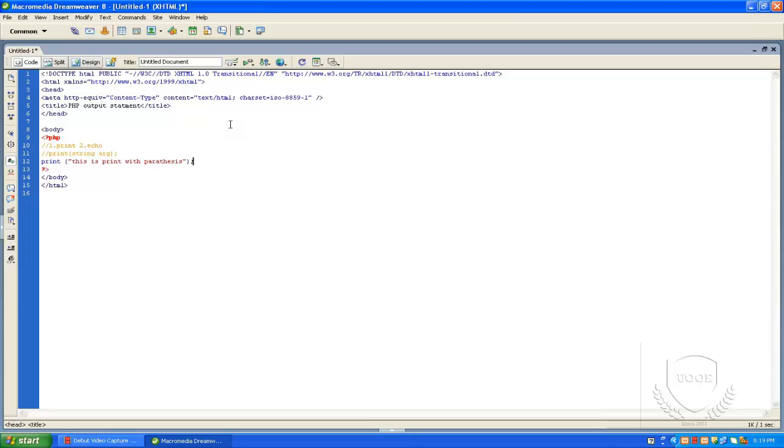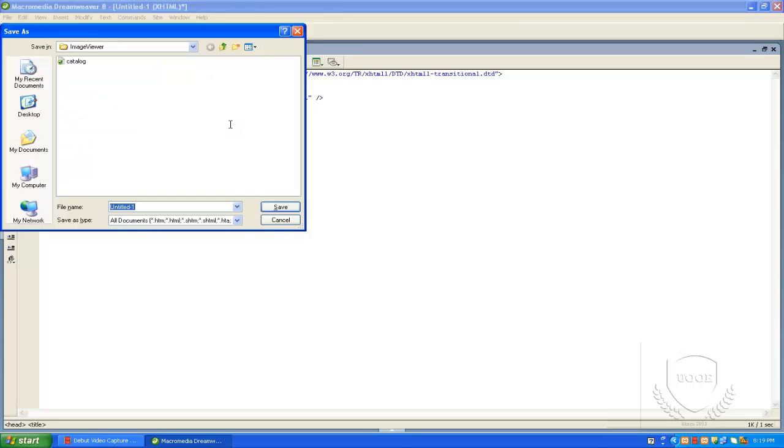Right now I'm saving this file, and I will show you once again where we have to place a PHP file in the server. My XAMPP location is in the C drive. In the C drive, XAMPP is the folder and htdocs is the server. Here we have to place these files. We can place the file directly or we can create one folder with the name output